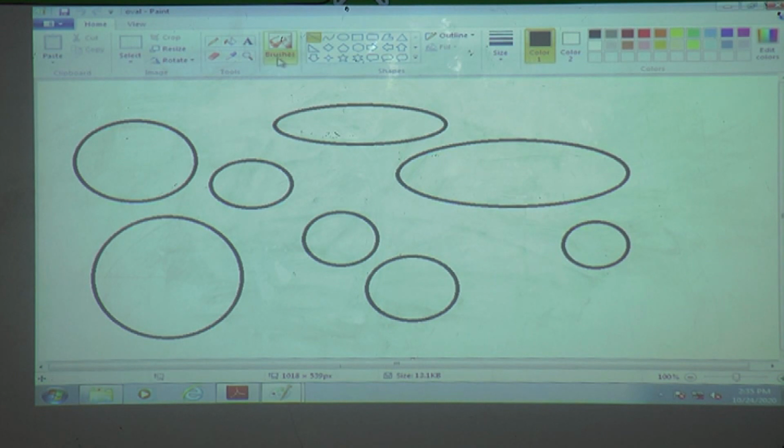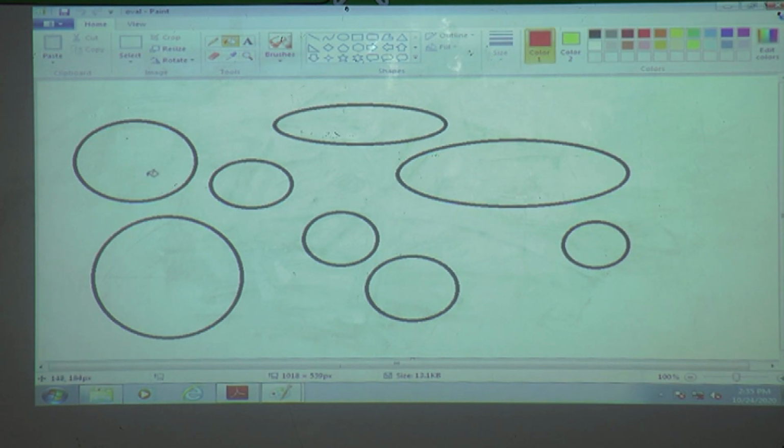How to give color? Select the fill with color option. Select it. You can see color 1, color 2. This one is color 1. We will take red color. This one is color 2. We will take yellow color.